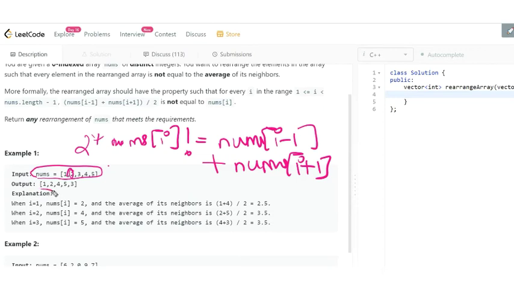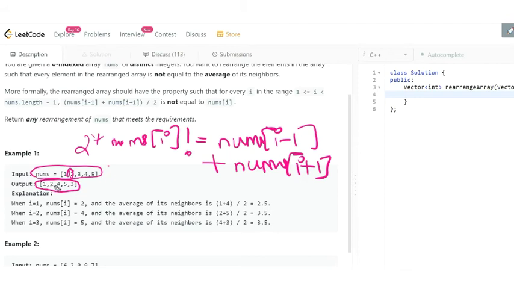Now the answer need not be unique. Means you can arrive at a different solution which is different from the given output, but your output should be correct.